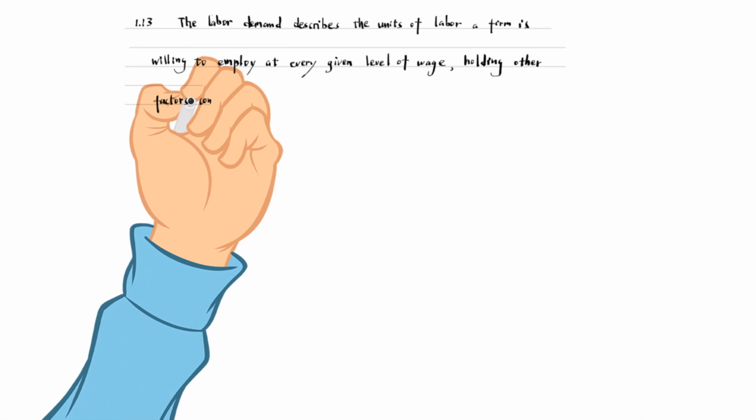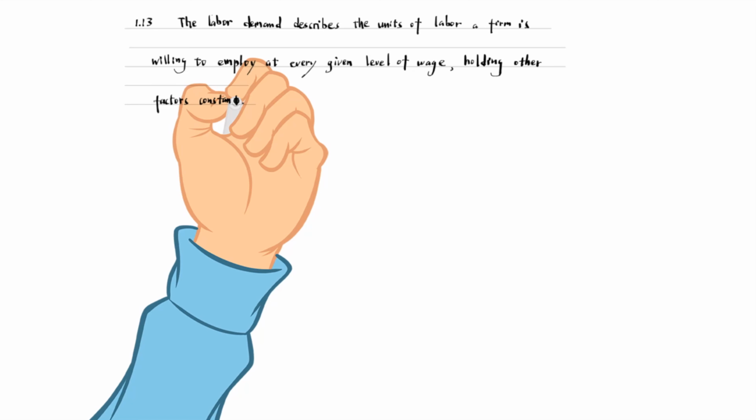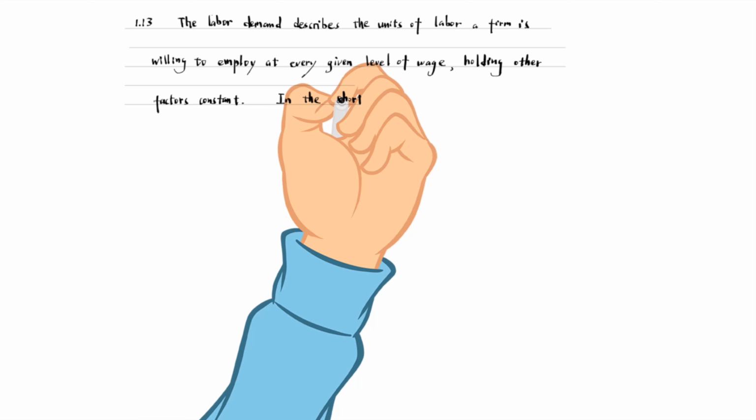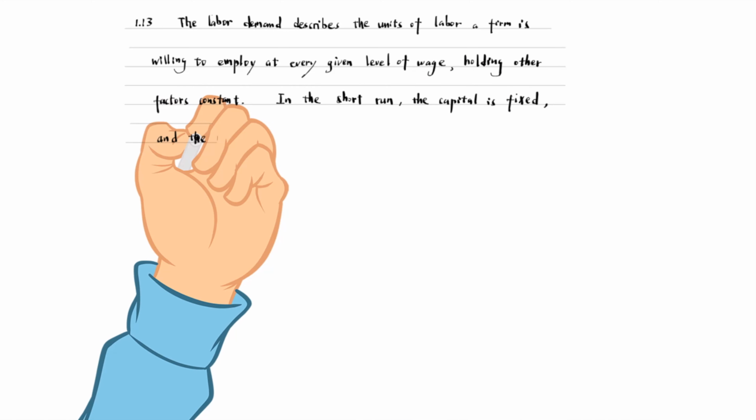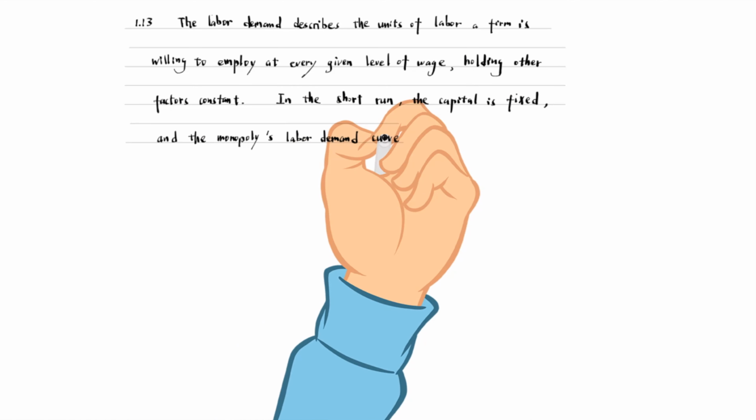Or, equivalently, it shows the maximum wage the firm is willing to pay for every given level of labor employed, other things being equal. In the short run, the capital is fixed,